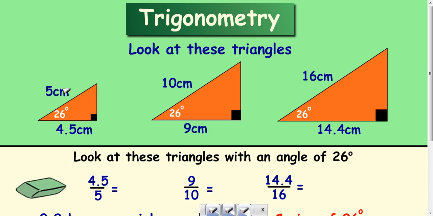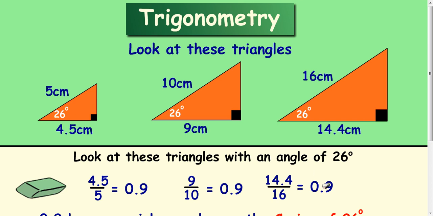So as before, if we divide these two, as long as we've got an angle of 26 degrees in our triangle, we divide these two sides, adjacent divided by hypotenuse, you will get 0.9. In the next triangle, 9 divided by 10, 0.9, and 14.4 divided by 16, 0.9. Basically any triangle with an angle of 26 degrees in it, as long as it's right angled, and if you divide the adjacent by the hypotenuse, as long as you measure accurately, you can try this yourself, it should come